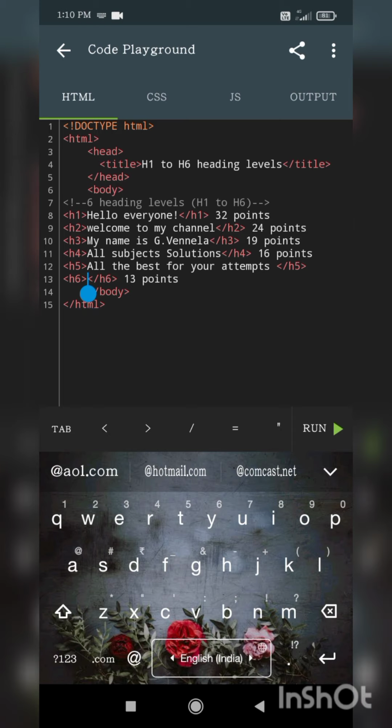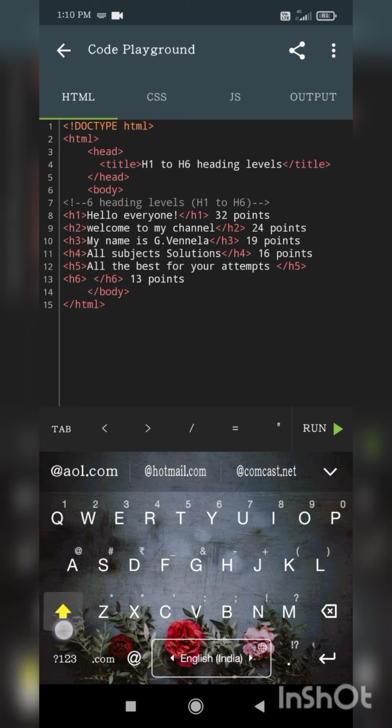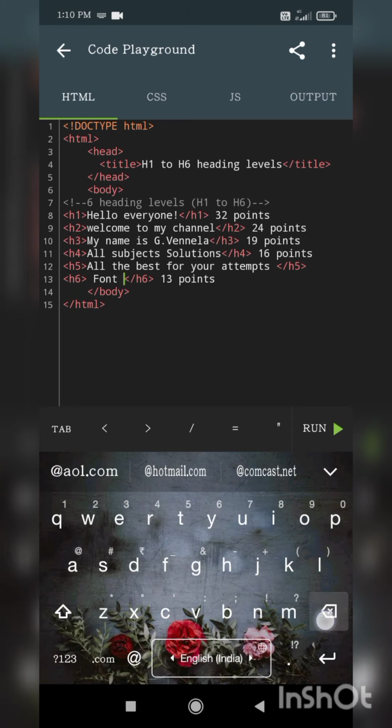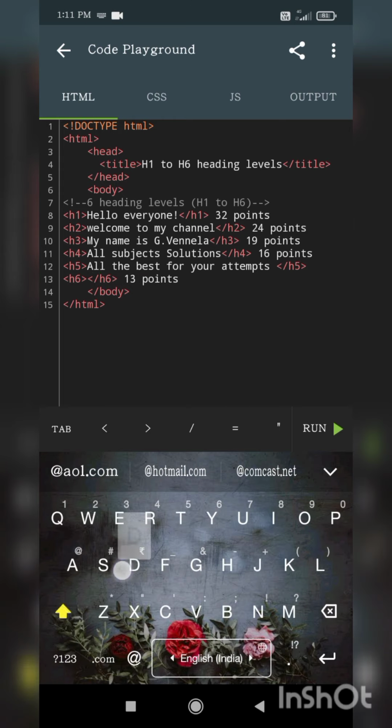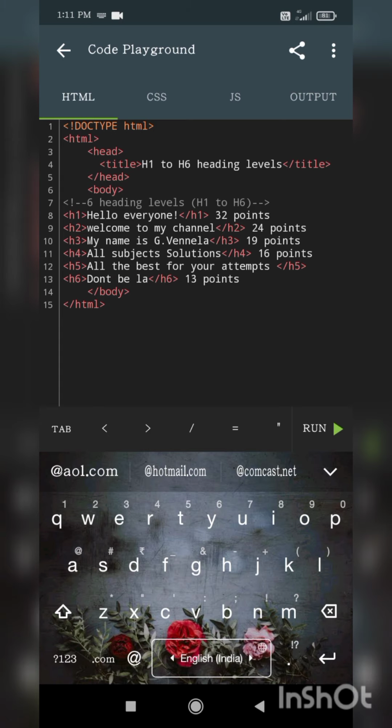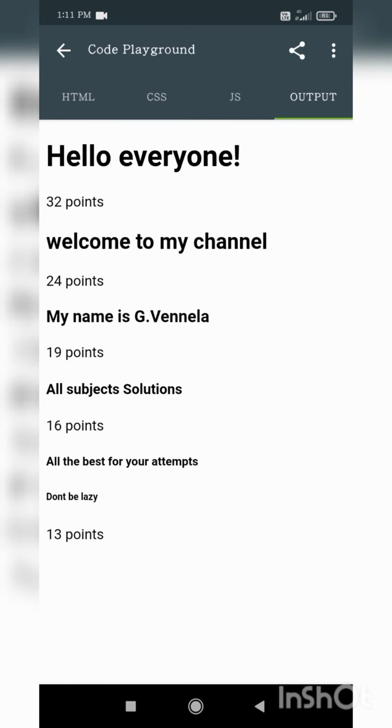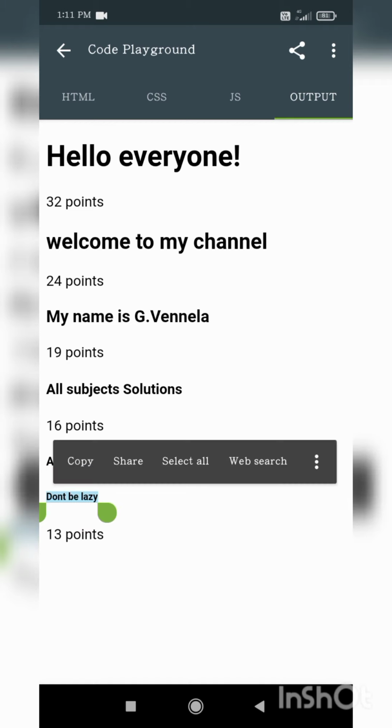So here what I'm going to write, don't be lazy. So see here, it is very small, the smallest